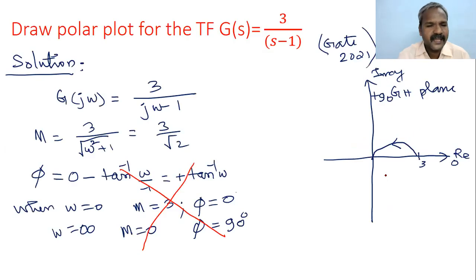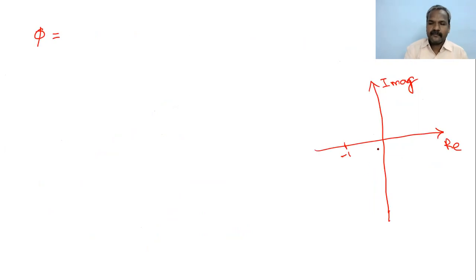So this is minus 1, and this is also omega, so 1 by omega. Understand? So the phase angle point will be somewhere here. Omega is here, so it is in the positive value. So this is j omega, right? So what is the phase angle? The phase angle is from this point to this point. This is the phase angle for this transfer function, phi equal to.